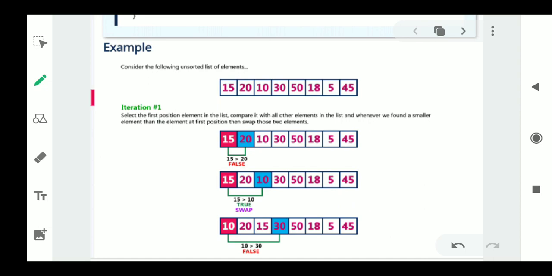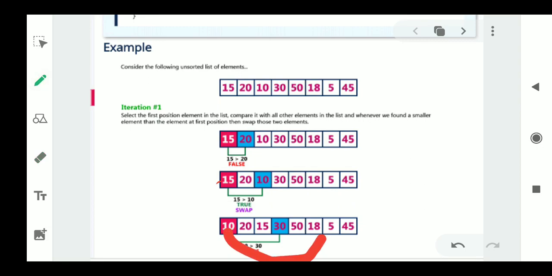After that, we compare 50 and 10 with the first element. If any element is smaller, then immediately we have to swap. We swap the positions of 10 and 15. Now we compare the elements 10 and 30. 30 is not smaller, so they are in the correct order, and we will not swap. Next, the first element and the next element 50: swap both elements if they are not in order. Since they are in order, we have not swapped, because 50 is greater than 10.